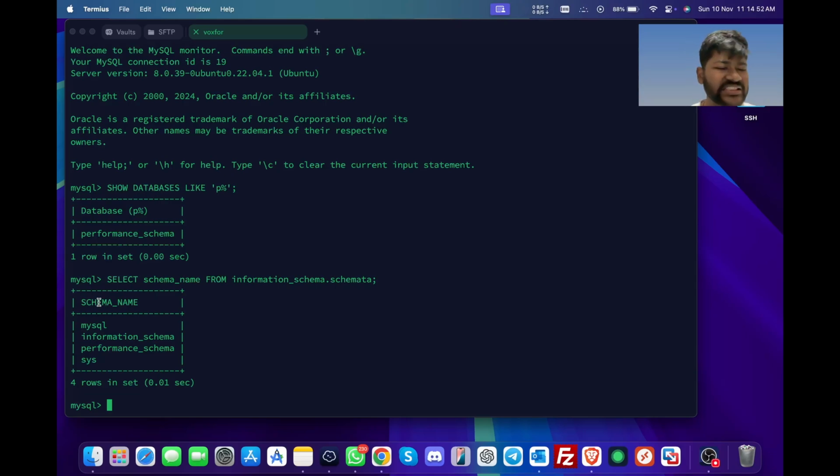So for excluding the system databases, we can type in the next command, that would be select schema_name from information_schema.schemata